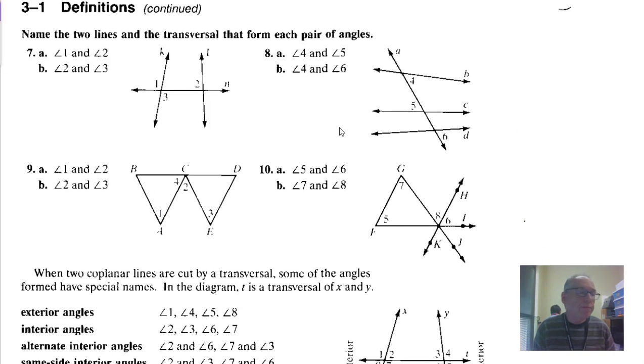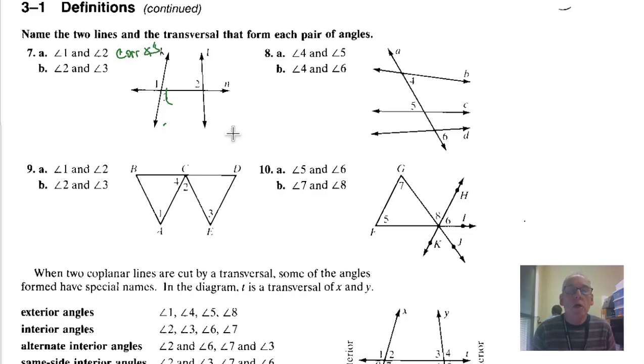So for number 7, we want to name two lines and the transversal that forms each pair of angles. Now these lines, they're not telling us that they're parallel to each other, so we can't say that the angles are congruent, but we can identify them in terms of their position in the system of two lines cut by a transversal. So if we look at angle 1 and angle 2, we can see that they're in corresponding positions. They're both above the transversal line, and they're both to the left of the two lines that are crossed. So these are corresponding